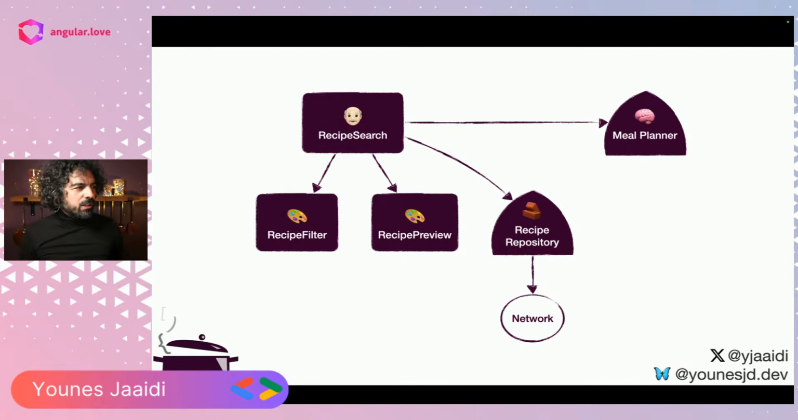Nothing special. We have a recipe search, which is a container component. We have a recipe filter, which is just the form that has some inputs and outputs, and the recipe preview, which displays each recipe. We fetch recipes through the network through a recipe repository service, and the state, as Thanos mentioned, where does it live? It lives in this meal planner, which is an Angular service, but it could have been a controller, an atomic state controller. Anyway,